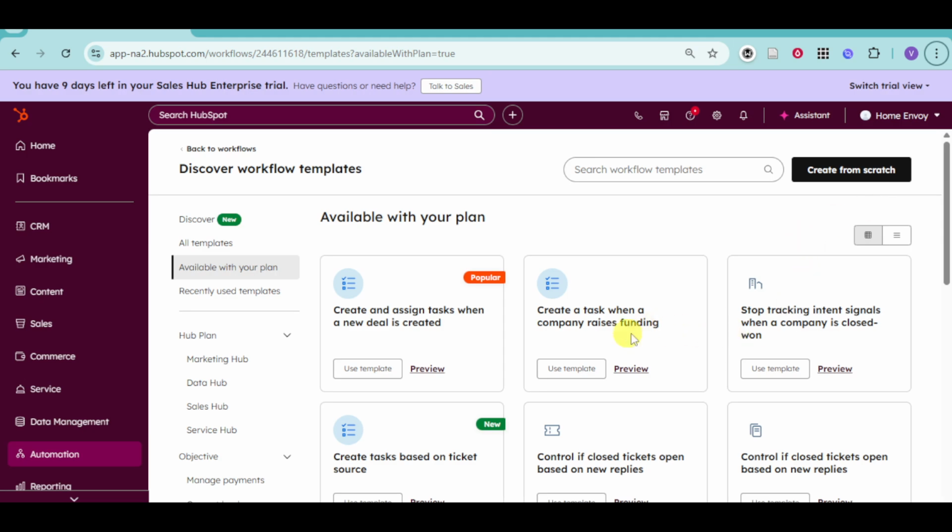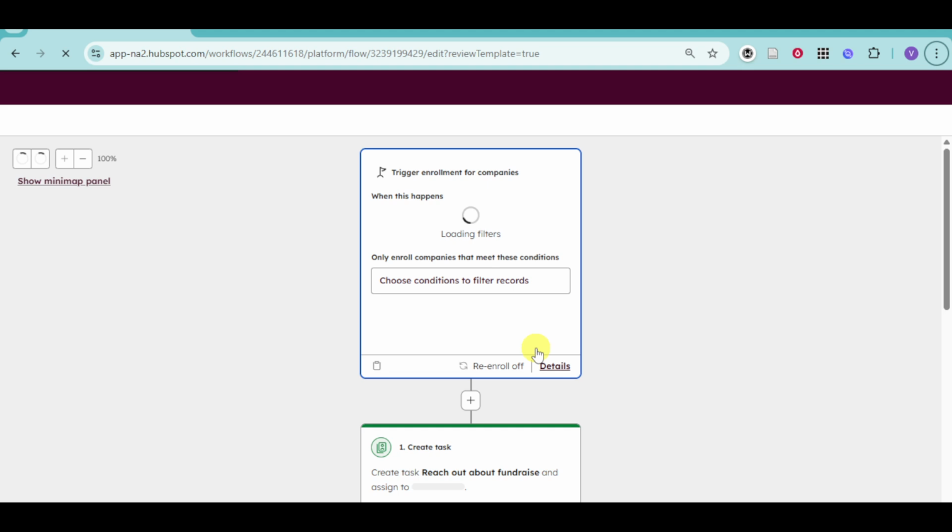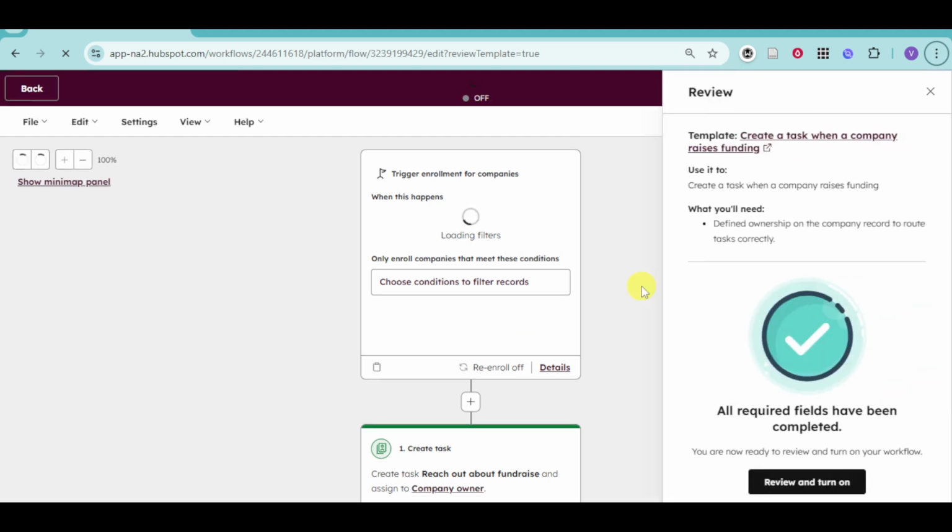Let me head over and then choose right here this task. You can use this template right here. You're also free to start from scratch, and from in there you can just select the object type for this